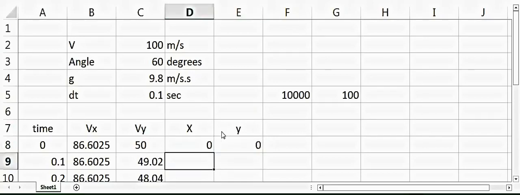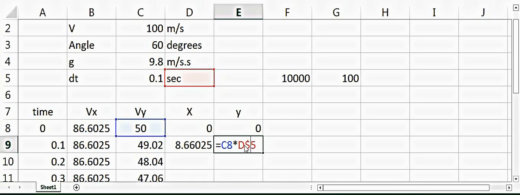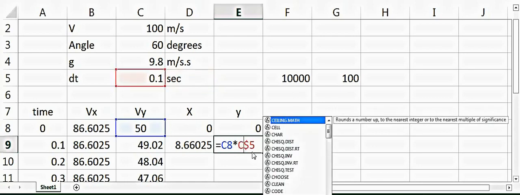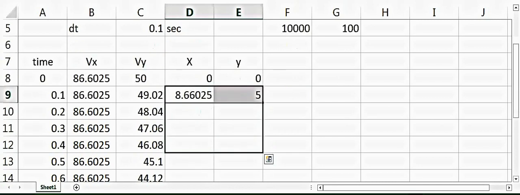So the position in the x direction will change according to the time. So we'll say velocity into dt, and the same way for y, velocity into dt. So now we can drag it down and see that the position